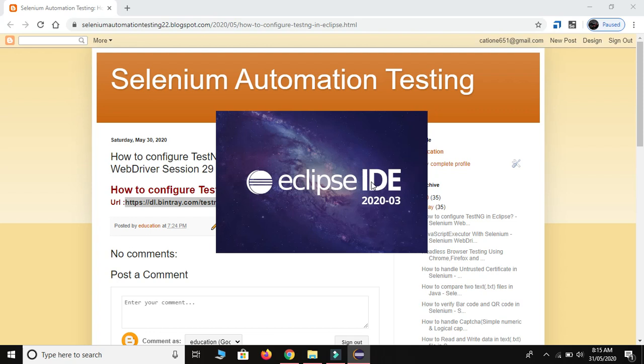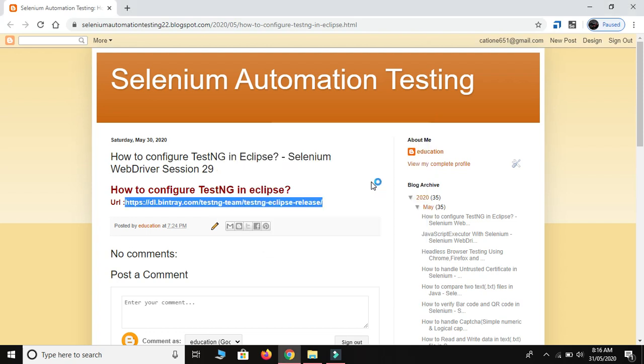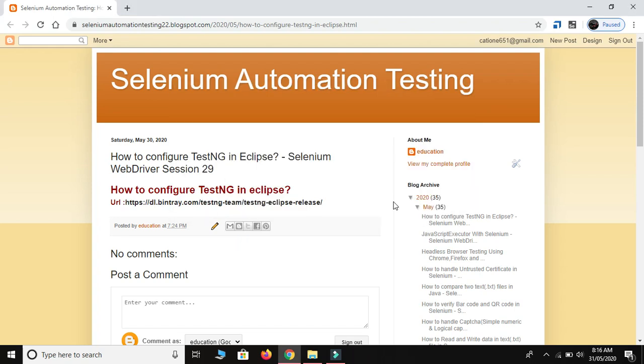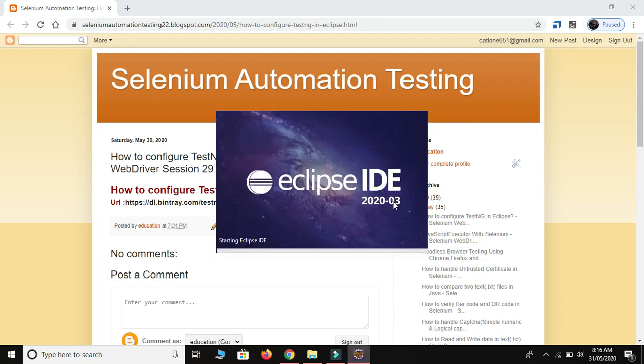Okay, I will show you, just a minute. It will take a few seconds. Yeah, just click on Launch. Now it will launch Eclipse with the new software.